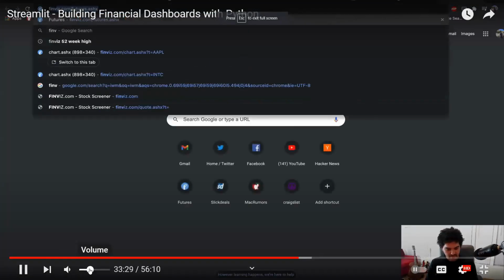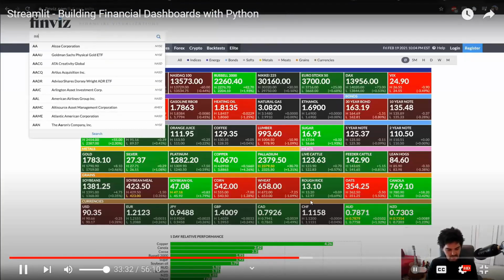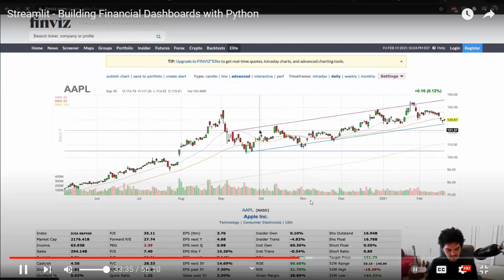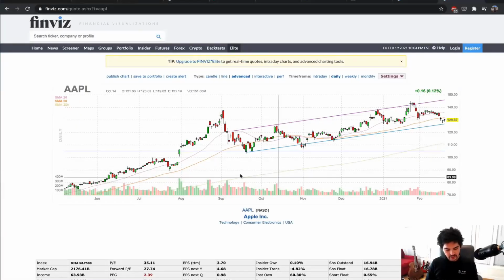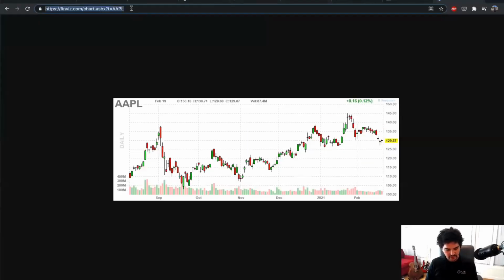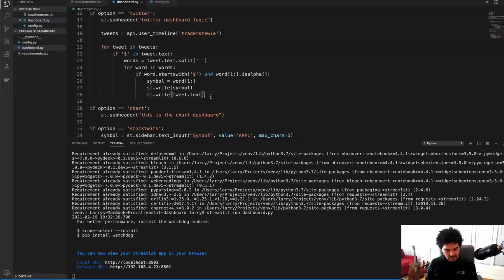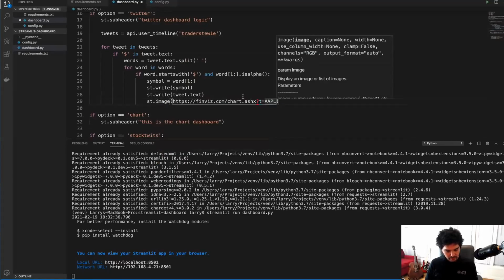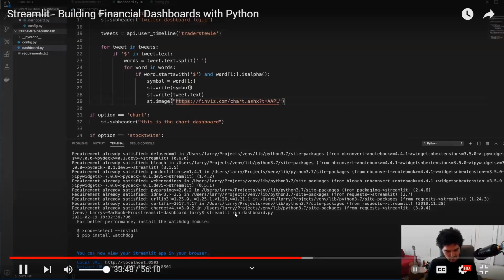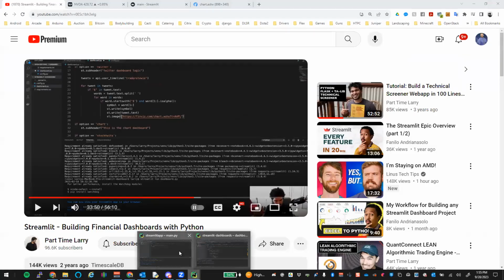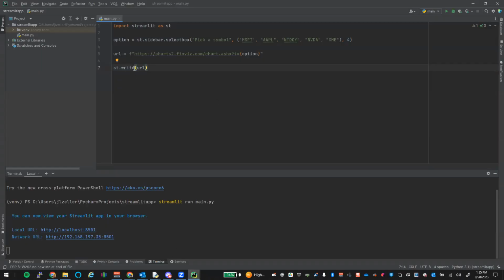So the way to do this, you go to FinViz, you can look up chart. I'm using the charts here. And there's a special URL format that you can use to get an image of this, and I've done this in previous videos. So I'm going to take this format to get the raw image. I'm going to do st.image, and then instead of doing Apple there, I'm just going to substitute in the symbol. So if you notice, instead of st.write, we use the image. st.image. That's seriously how simple this Streamlit stuff is. So st.image is going to take the URL of an image and then go ahead and post it out. So now, if we rerun our app,